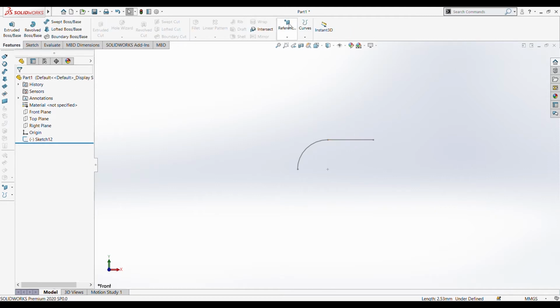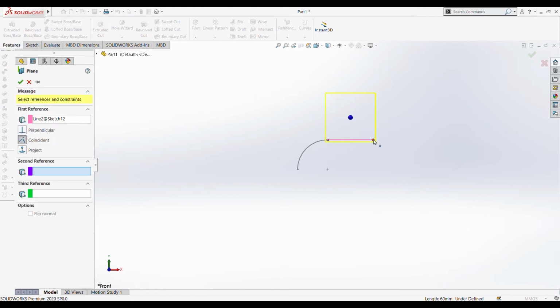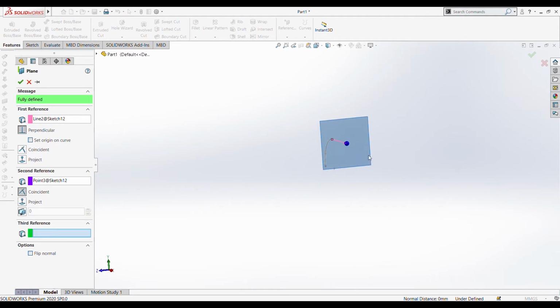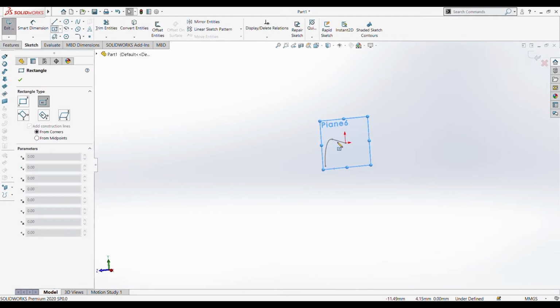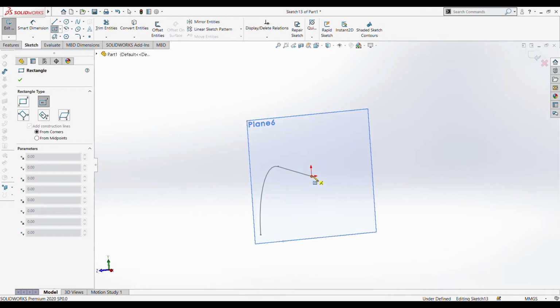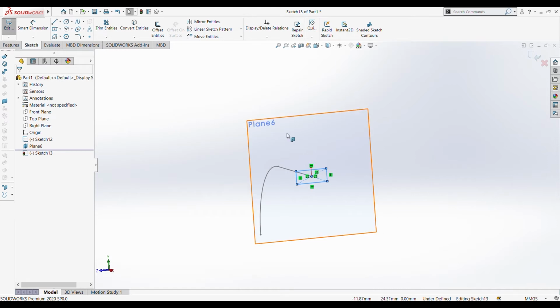So let's select reference plane and this line and this point so that we get a plane perpendicular to that line to sketch on. Press OK. Let's sketch a simple rectangle of any desired dimension, and we can hide this plane for better clarity. Exit sketch